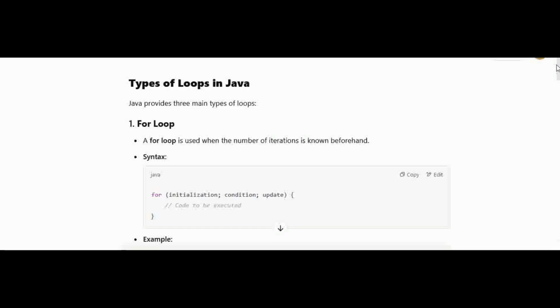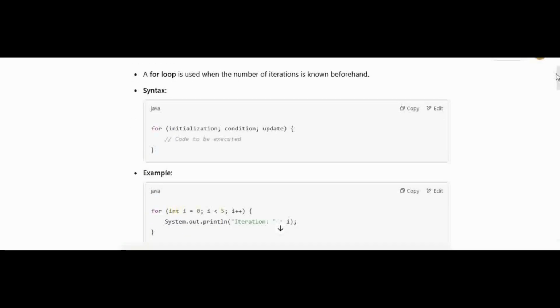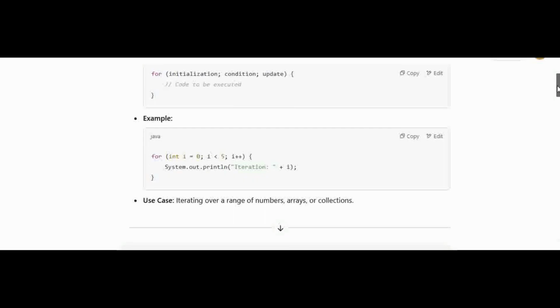Now, let's see the syntax. We have Java for (initialization; condition; update) { // code to be executed }. Here is an example: for (int i = 0; i < 5; i++) { System.out.println("Iteration " + i); }